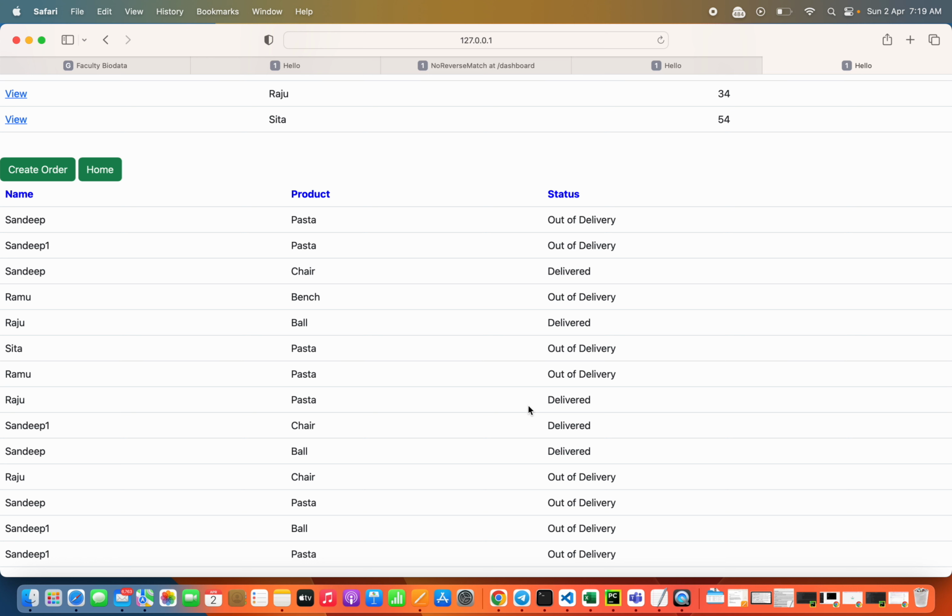This is the name, this is the product, this is the status of each product. It's good to see all orders in one place, but we would like to have updating or deleting of orders as we like. So we would like to have similar buttons here for updating and similar buttons for deleting. In order to do that, first let's write